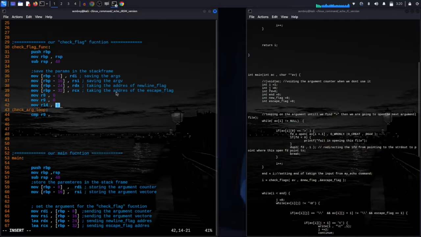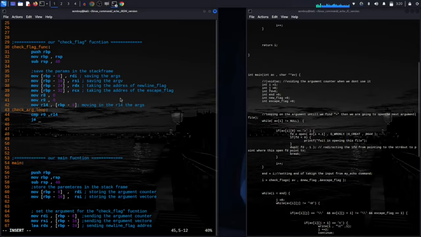We are going to move the argument counter, so RBP minus 8, moving in the r14 the argc. Good. So we're going to compare if r9 is equal to r14, in order to continue or to end this outer loop. So if yes, jump equal to check flag